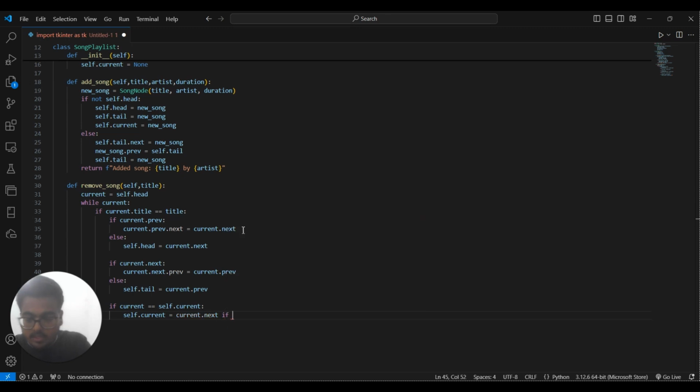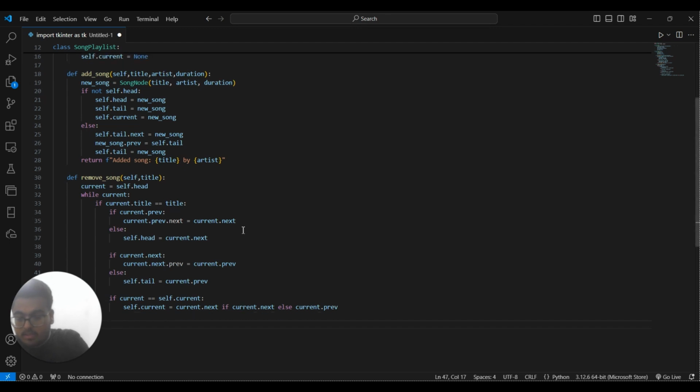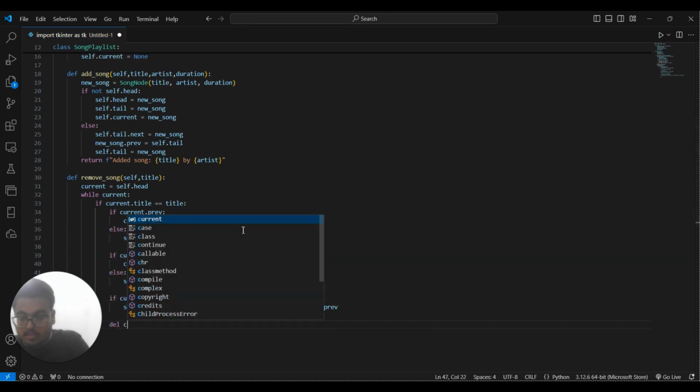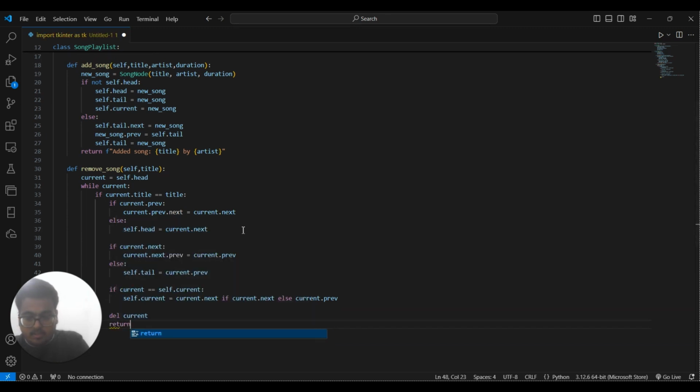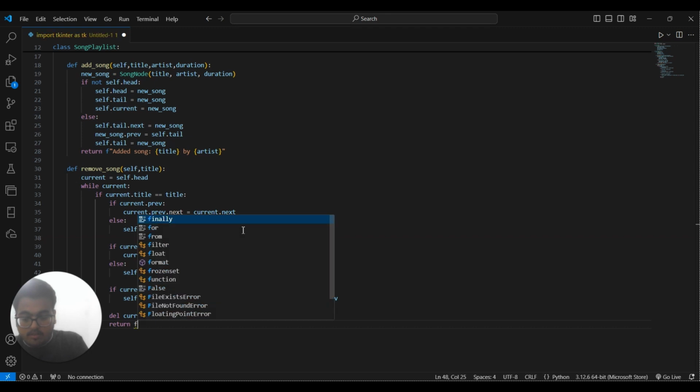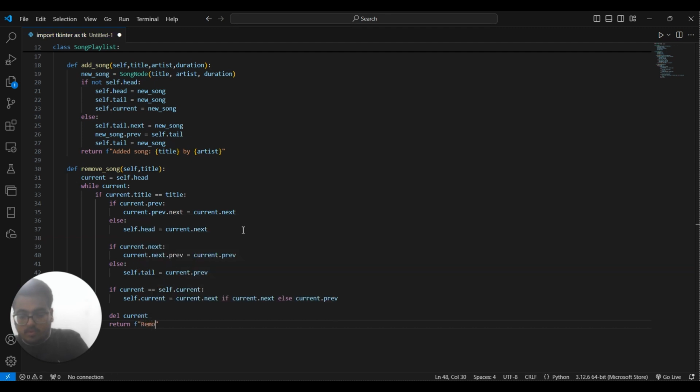Another condition, if current.next else current.previous. After that, del current, then return a removed song along with the title,